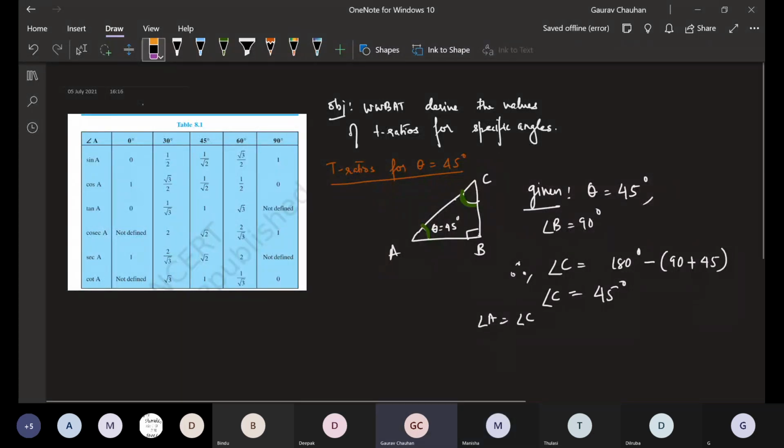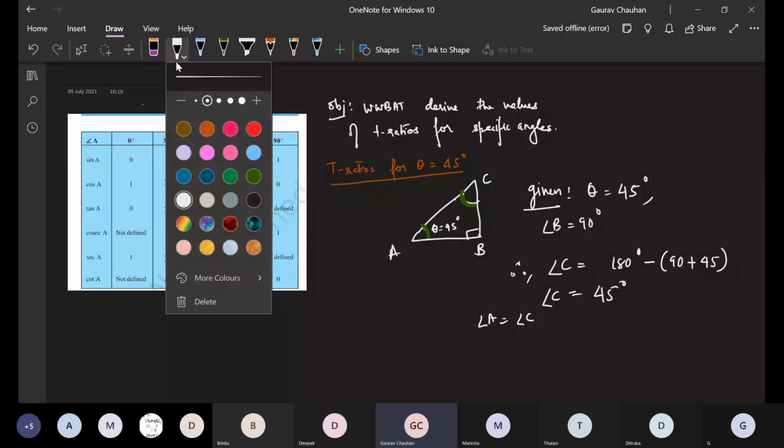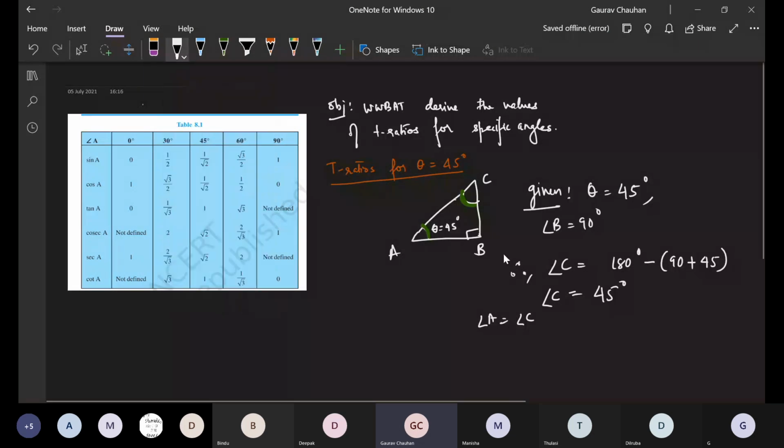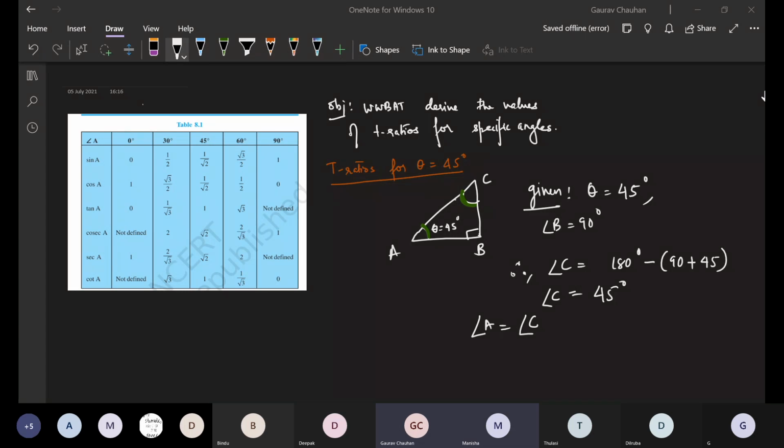Okay, let's continue, Manisha. So we were here. We were saying that angle A is equal to angle C. Till there, everyone is good. Manisha, can you be on unmute only so that I can constantly interact with you? You can tell me if my voice breaks. Okay, cool. So angle A and angle C are equal.